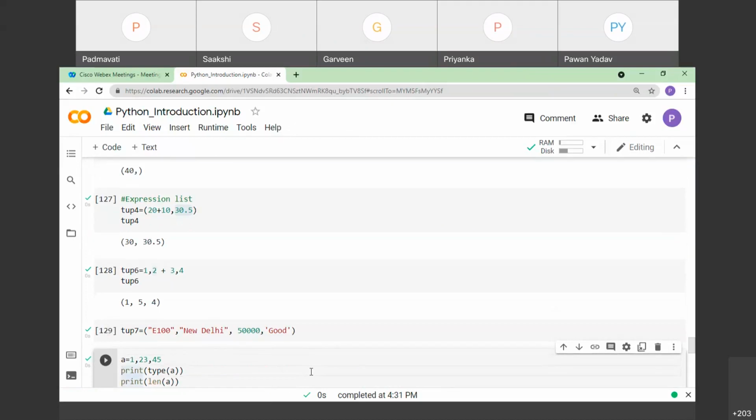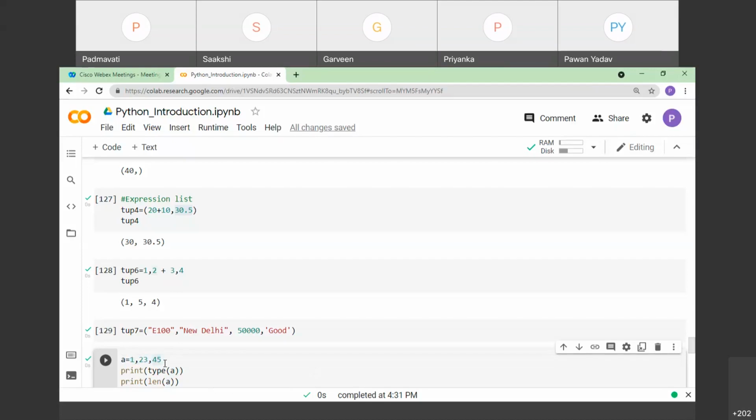So next cell is indicating what? It is simply indicating that we have created, you might have checked this, 1, 23, 45.